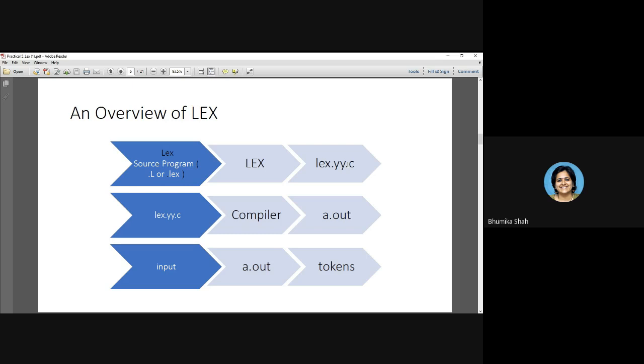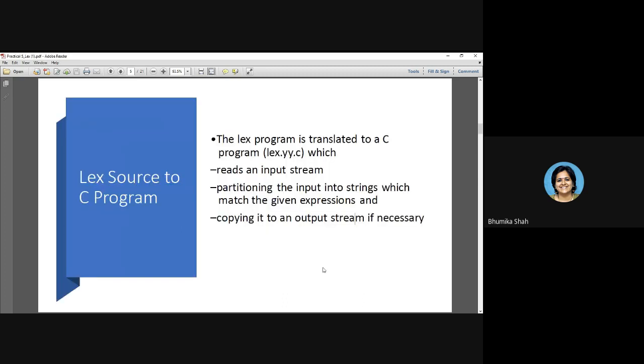Now see, this is the equivalent C program which you have actually written in the previous labs. The complicated, long, lengthy C program that you have written, now it is going to be written by the lex tool. Now we know how to process a C program, right? What we are going to do is compile lex.yy.c with the cc command. So it will create a.out, that is the executable file for us. Now we know how to execute the executable file. We'll give input to the executable file and it will give you output, that is a valid string of tokens. Okay.